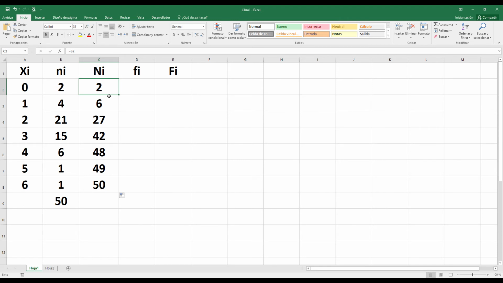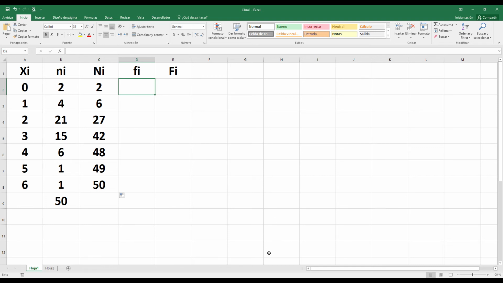You only will sum to above all the data. For example, here you only have 2. Here you have 2 and 4, 6. Here you have 2, 4 and 21. This is the way that you calculate that column.